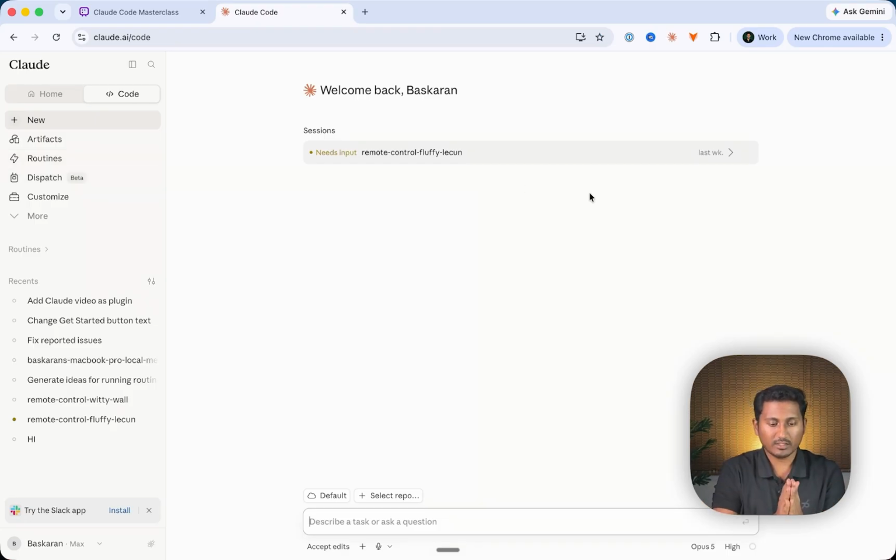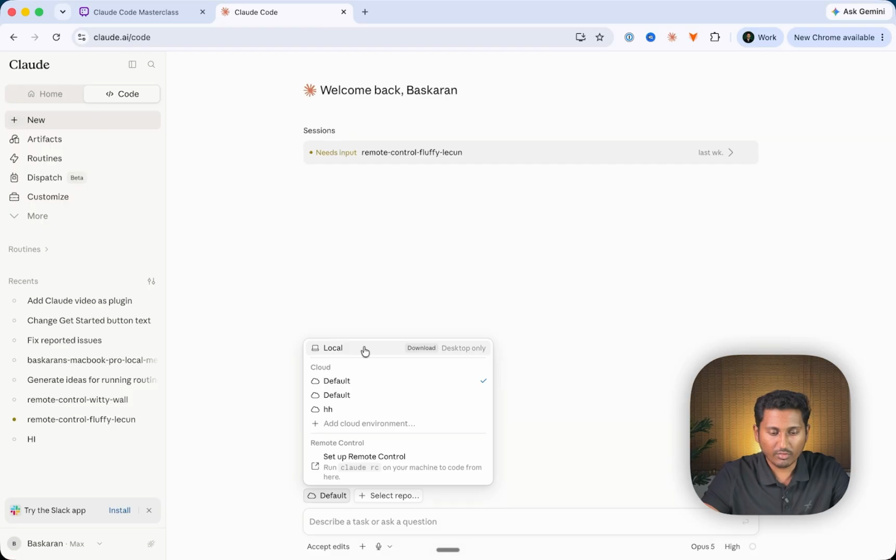But the drawback is, if you're going to use it from the browser, you can work with all the files from the cloud, but you're not able to work from local files. If you want to work from your desktop files, you should not be able to do it. That's the problem, right? So that's why the second method is you have to download the Claude desktop application